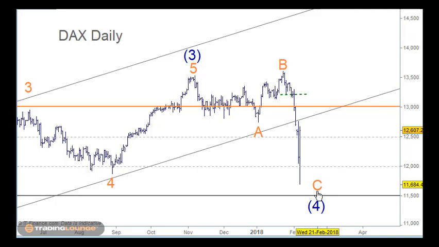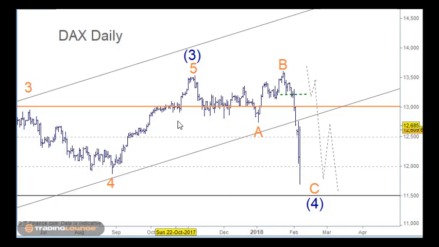In a nutshell, we're looking for this wave C here and wave 4 here, and from B to C here, we want to be looking at a 5-wave structure down through here. So we're thinking that we've actually got a high wave 4 that's come back up here before we have the wave 5 coming down here further to complete this wave C here. It's possible that wave C is completed here, and we'll talk about those details in a moment.